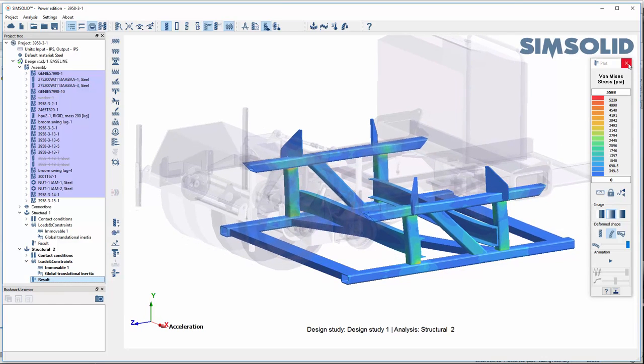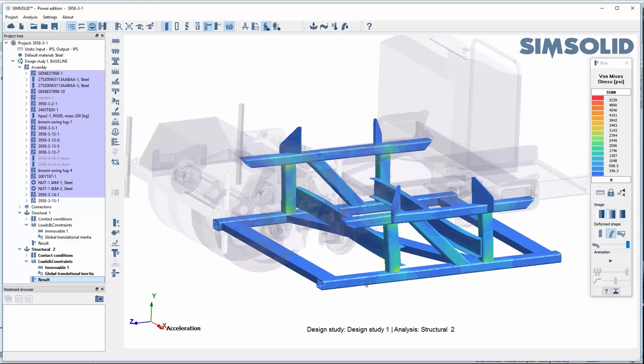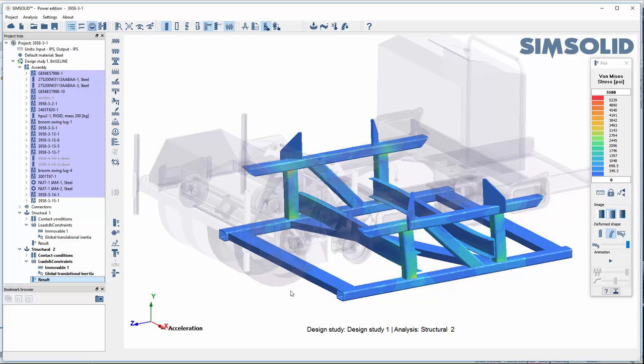Okay, that's great, but it looks like we don't have that high of a stress, and you can see that we're not getting a lot of load in these cross members. So one of the things we might think about is seeing if we can reduce the mass. This seems to be a little bit over-designed. And let's see if we can take out a few of these internal cross braces and still keep the response reasonable. So we can do that very easily